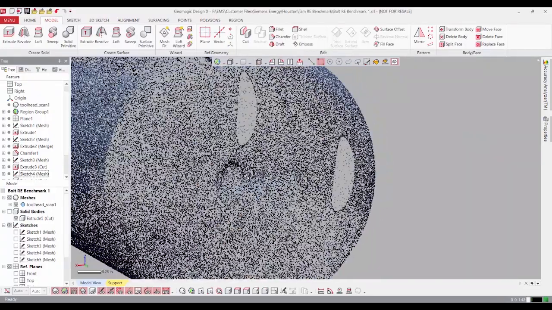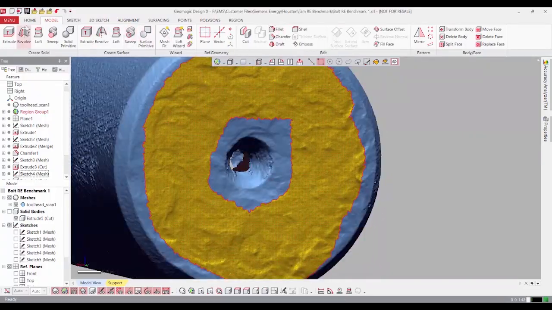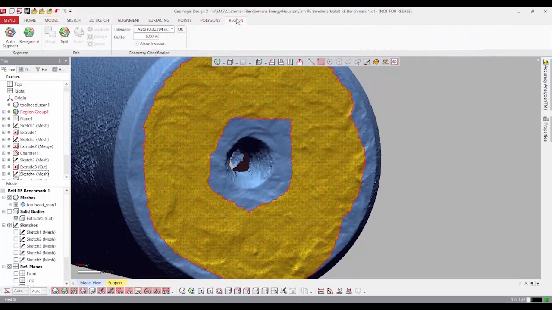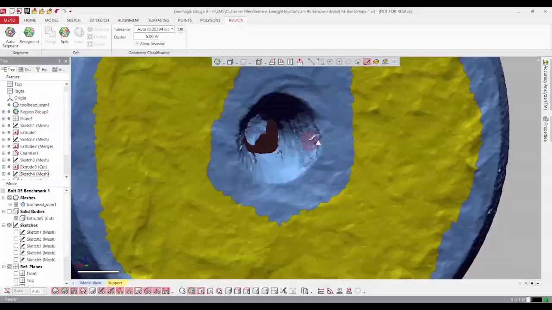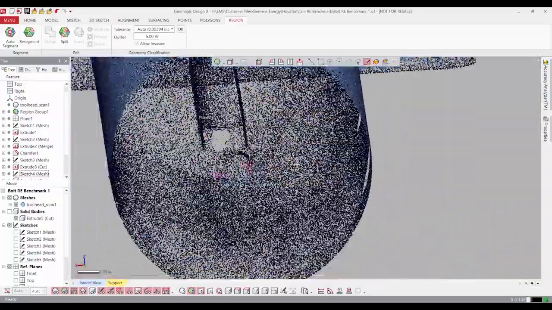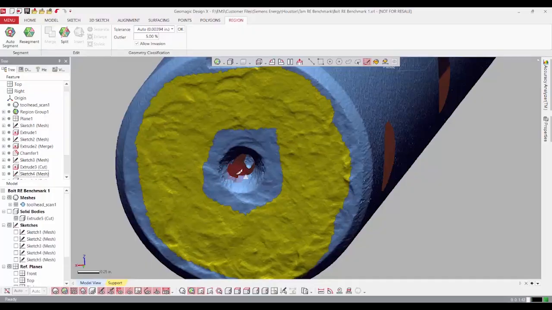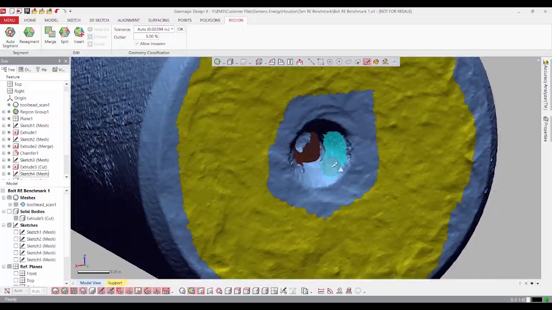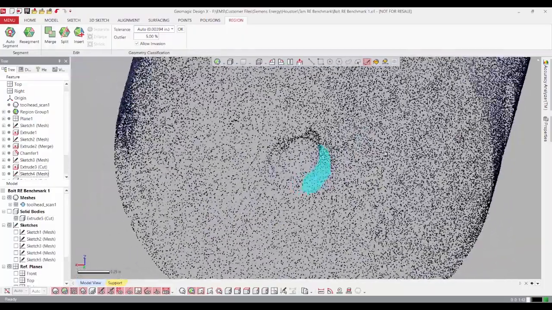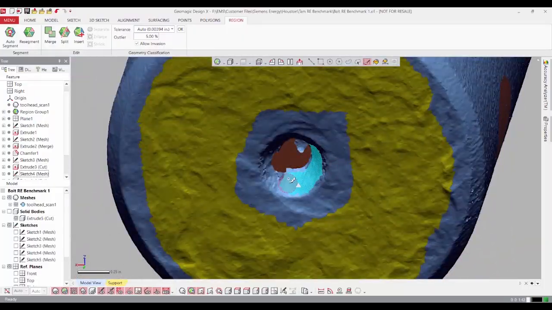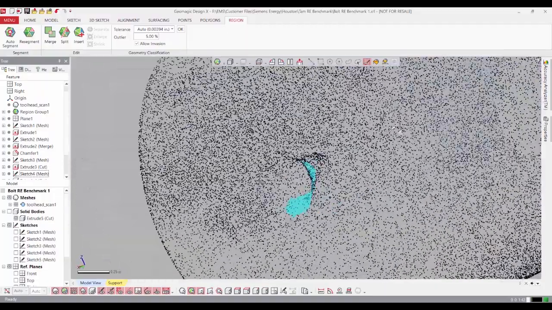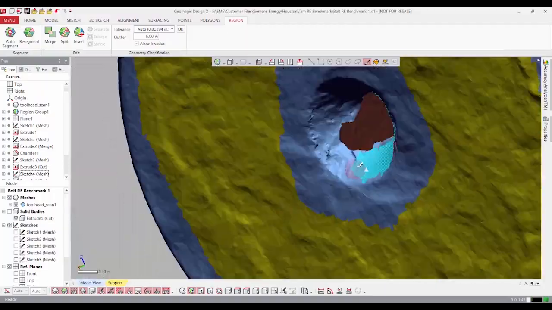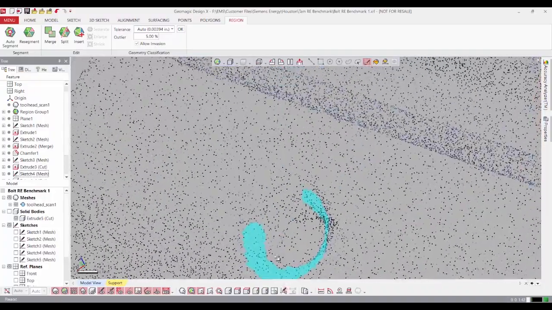Another neat command we can do, and I'm going to go back to regions. Get that little paintbrush again, and I'm going to come in here. This looks to me like a cone, right? Now I could just make it a hole, but let's actually model it as a cone. What I'm going to do is try to pick some data in here, and then fit a primitive. It's a nice command for this kind of stuff. I don't have a ton of data on here, but I should have enough